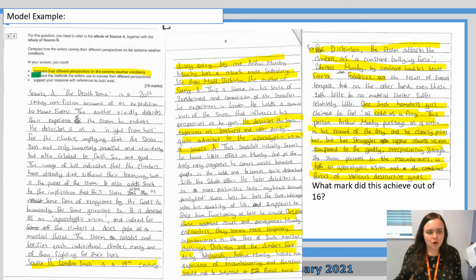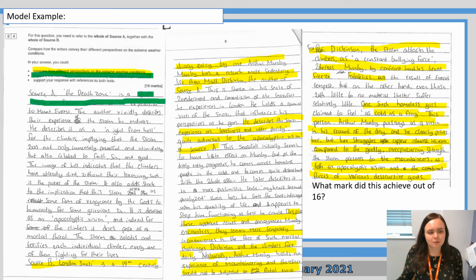Secondly then, you've got to compare the methods the writers use to convey their different perspectives. So the first thing this person's done is they've named the type of text that's been used. So they said a 20th century non-fiction account of an expedition to Mount Everest. Okay, the author vividly describes their experience of the storm he endures. So they've picked out Night from Hell, implying the storm is not only immensely powerful but also related to faith, sin